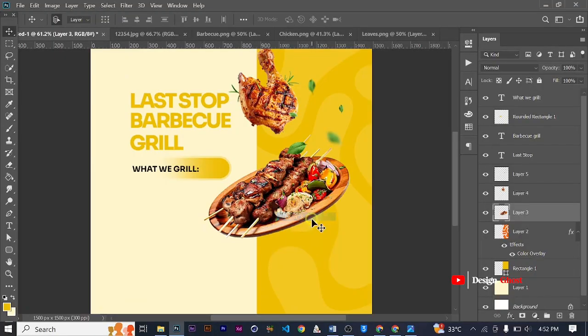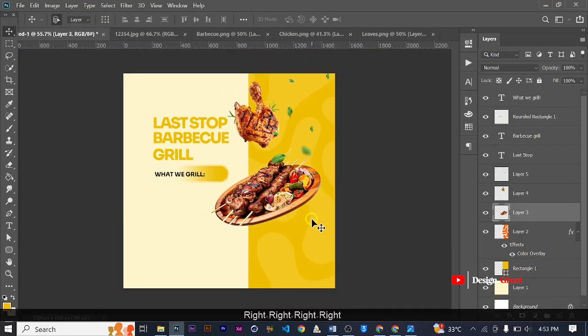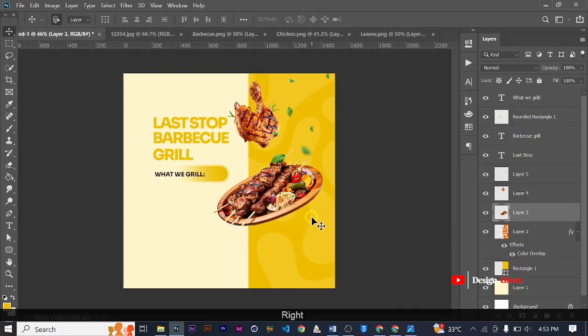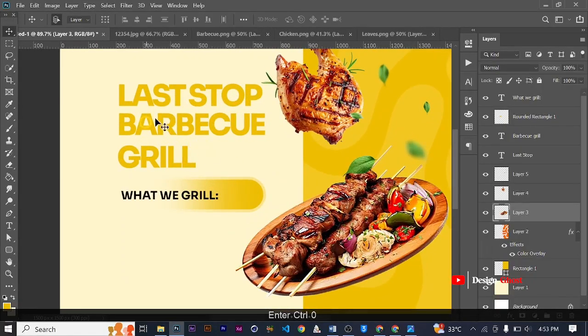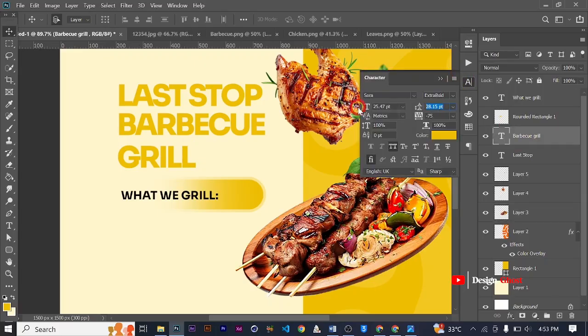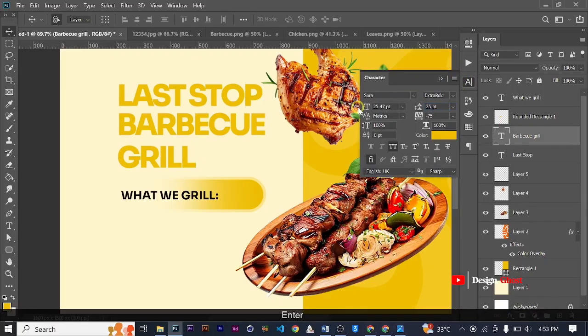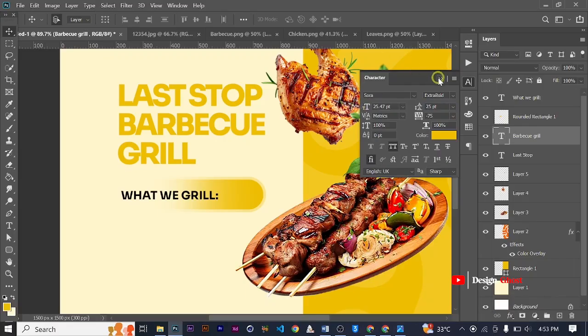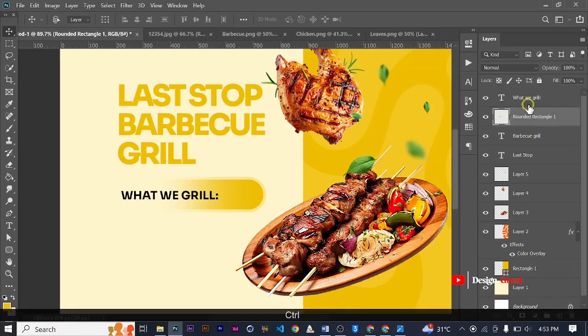Now we can push this backward a bit because we want enough space to write this. And if we look at this, between the last stop and the barbecue and the grill, this side is a bit bigger, so we select that and we go in there and we reduce the line height to 25. Great. So now the shape,